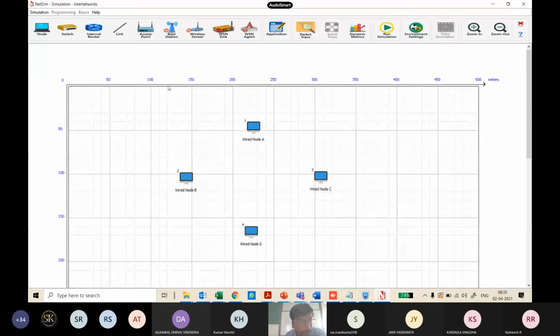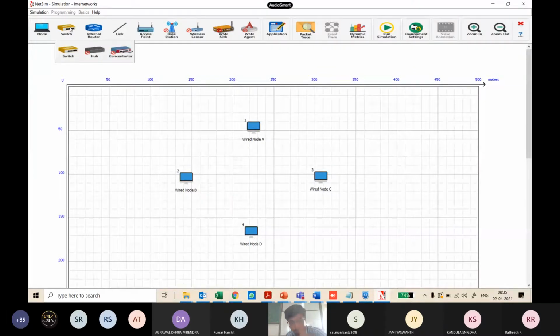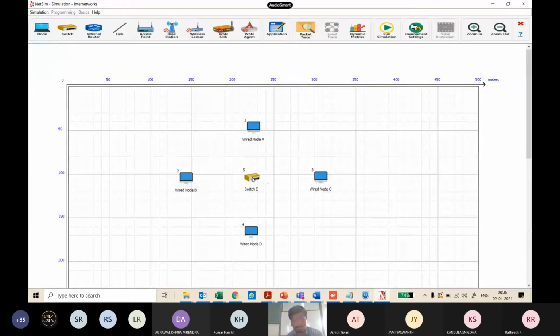I'm just going to do it with 4. To create a star topology based network, I'm going to use a switch. So click on the switch. The beauty of the simulation tool is that the switch just has n number of IO ports, and this n can be scaled to any number. Now the switch has got ID 5. In whatever order you place the devices, you get an ID assigned.